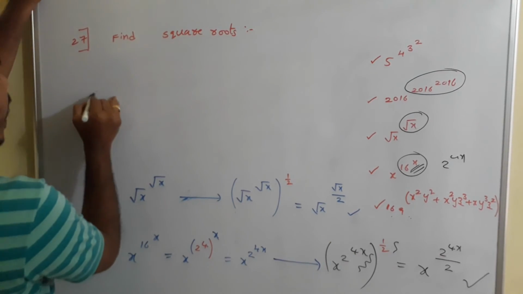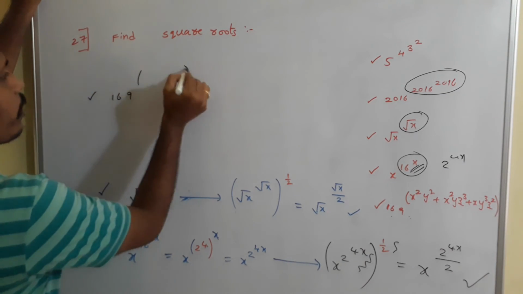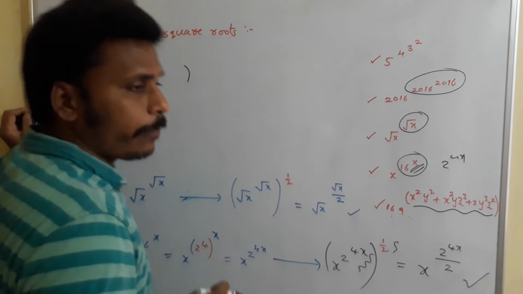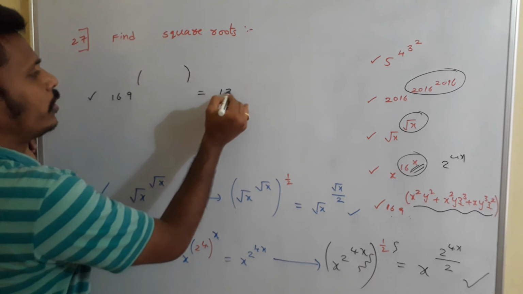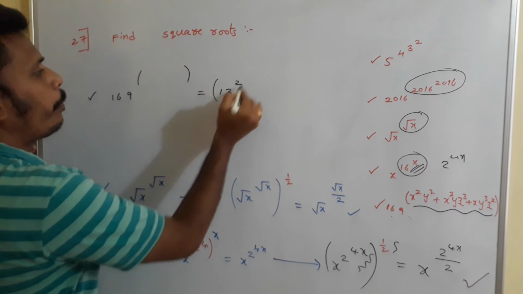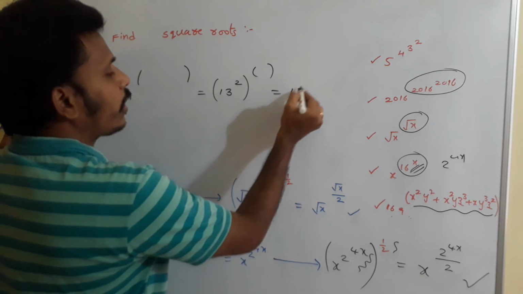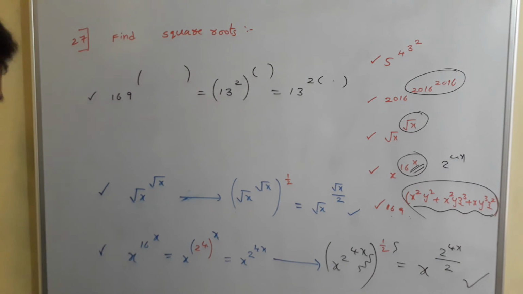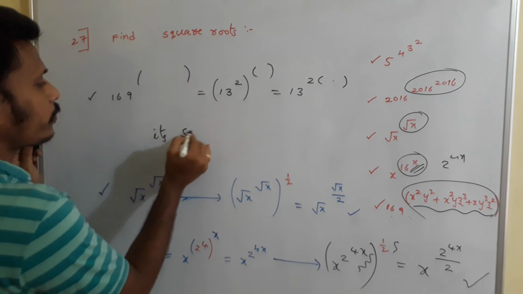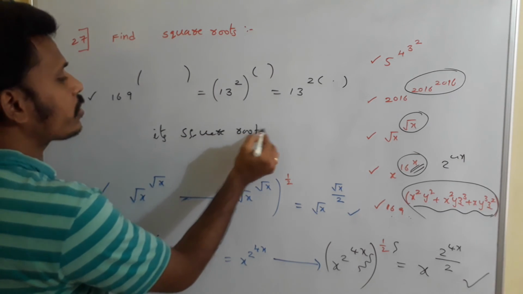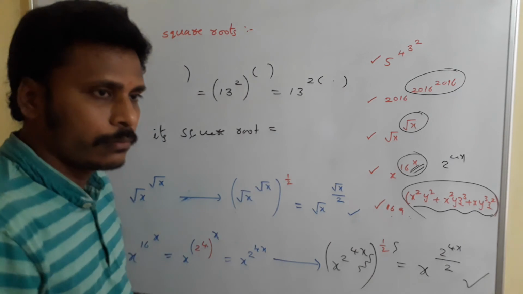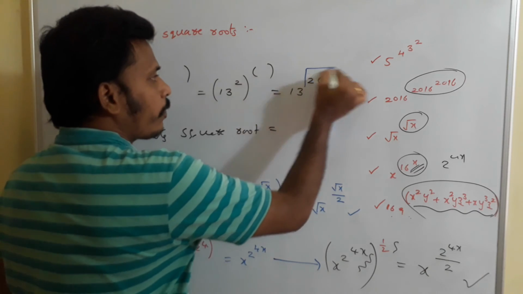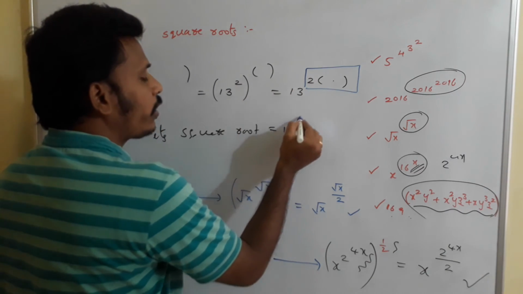Yeah, for the last problem, as they given 169 to the power something, I don't need this quantity. There is some quantity. You just write there 169 power something. This is equal to 13 square power something. This is nothing but 13 power 2 into that something. Here that something is nothing but this whole quantity I am saying. And its square root is simply nothing but we need to half this power. Since we are multiplying with power 1 by 2, you just write its half. So this is the power, its half is nothing but we need to eliminate it to 13 power something.